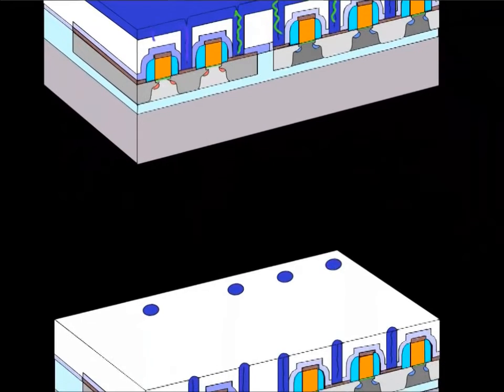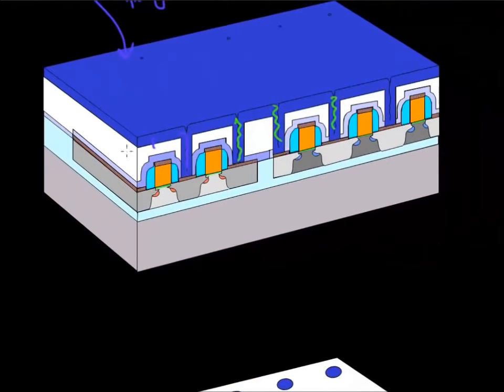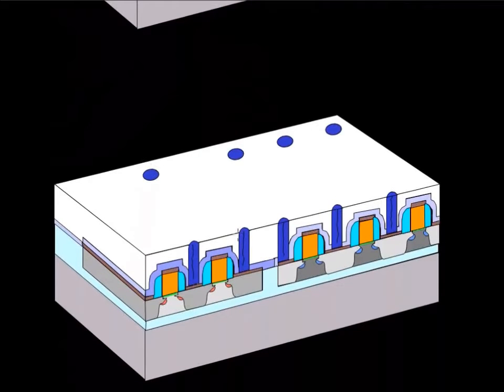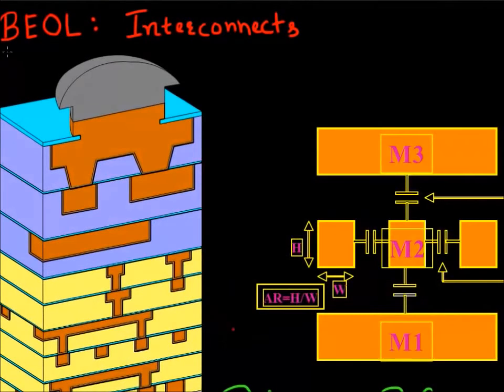And then the next thing you do is you polish it off. So you polish off this extra tungsten on the top. You also polish off this titanium nitride barrier layer, and what you are left with are these nice plugs which are now filled with tungsten. The next module in your back end of the line process flow